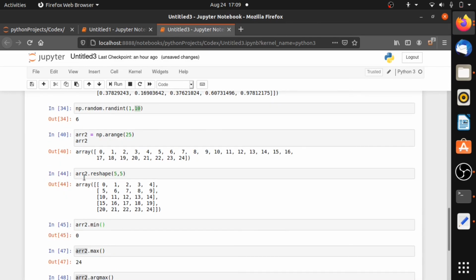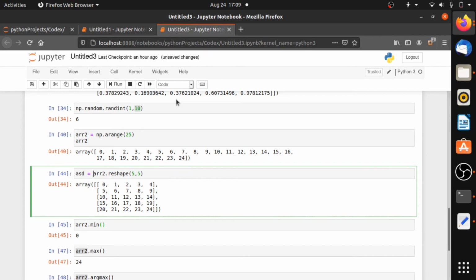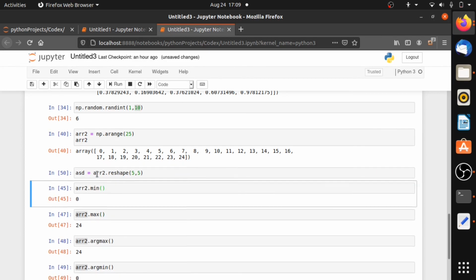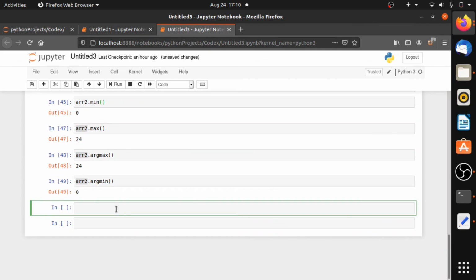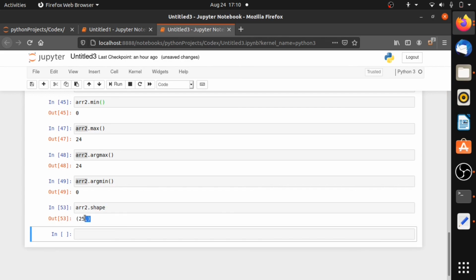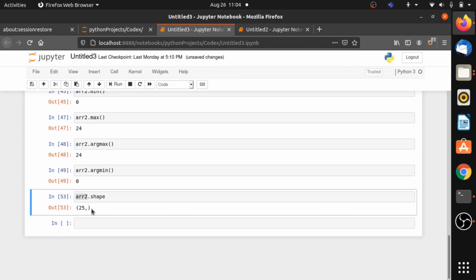And now another NumPy array attribute is the shape. Let's check arr2 by using the shape. Now let's see what this shape does. arr2.shape, so it displays 25. See here, the output is this. What this output means is that the arr2 variable is a one-dimensional array. So we are clear that the shape attribute shows us the dimension of the array variable.